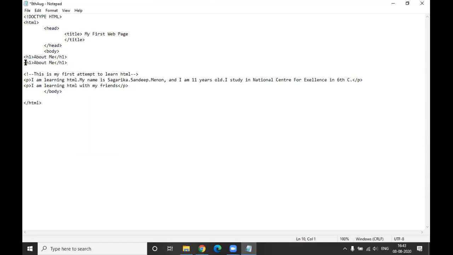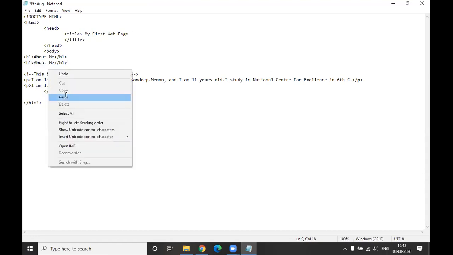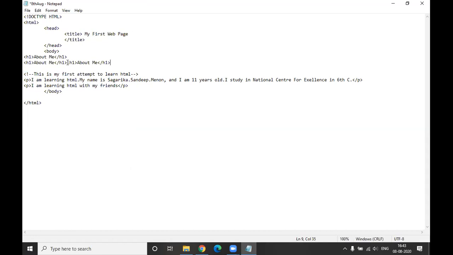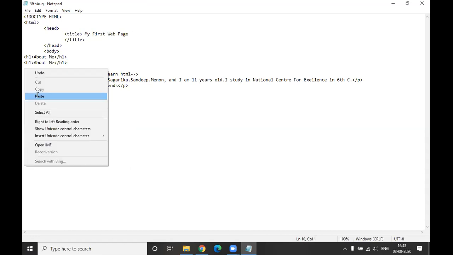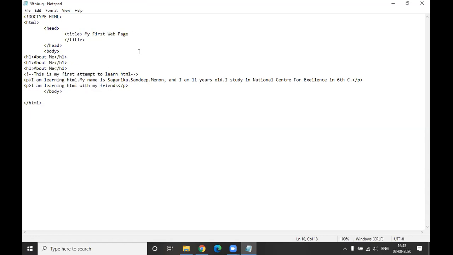One more time, paste it. So you have to paste it 3 times. Can you do right click and then do it? Paste. Again do it. Let's have 4 times.